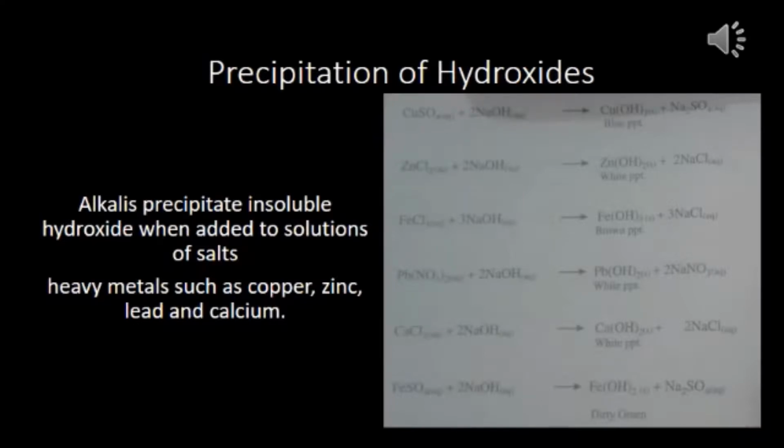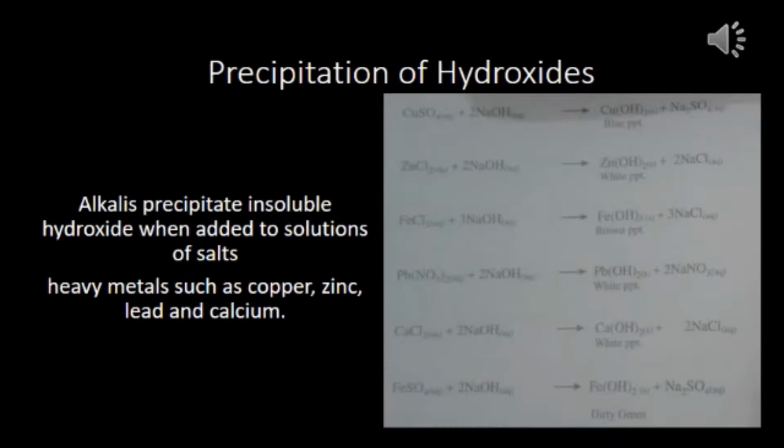Precipitation of hydroxide. Alkalis bases precipitate insoluble hydroxide when added to solutions of salts of heavy metals such as copper, iron, zinc, lead and calcium. Yes, whenever a base reacts with the copper salt, iron salt and the zinc salt, they will produce a distinguished color which helps to differentiate